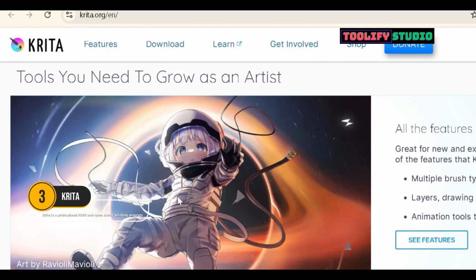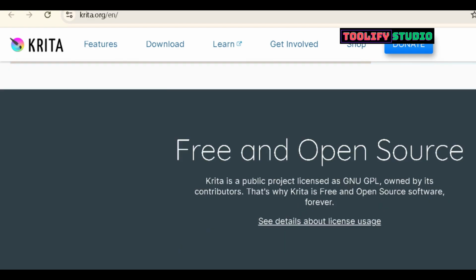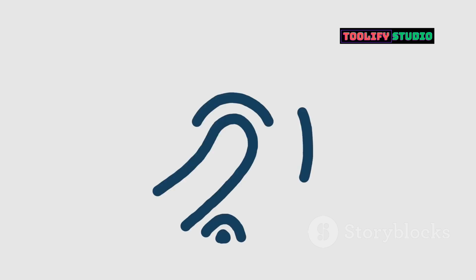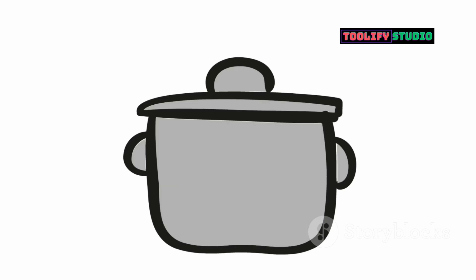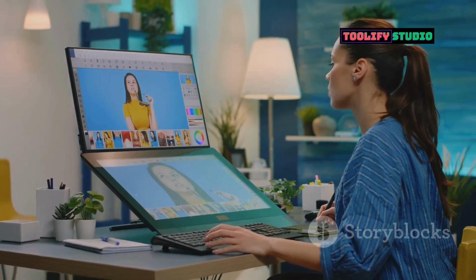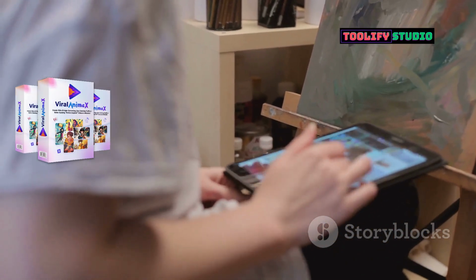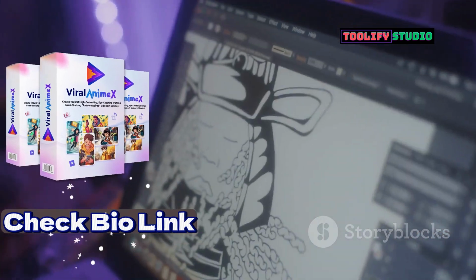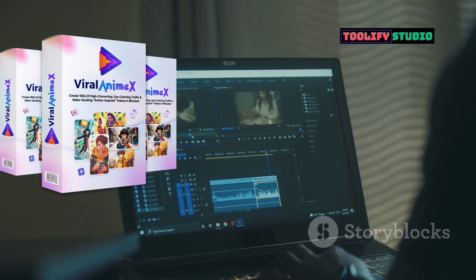Moving on to a true hidden gem in the animation world, Crea. This open-source software is widely known and loved in the digital art community for its powerful painting and illustration tools. But did you know it's also an incredible and completely free option for frame-by-frame animation? Crea's intuitive timeline feature makes it surprisingly easy to create stunning 2D animations. You can add multiple layers, import audio, and even use onion skinning to perfect your animation timing. And because it's open source, you'll have access to a passionate community of animators and developers who are constantly improving